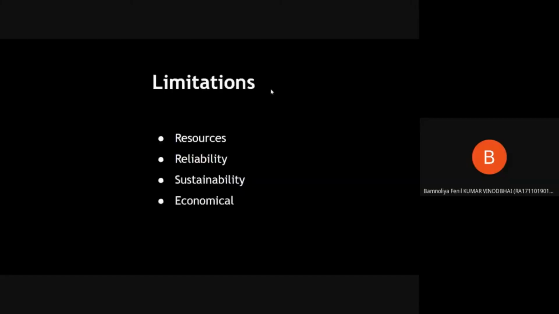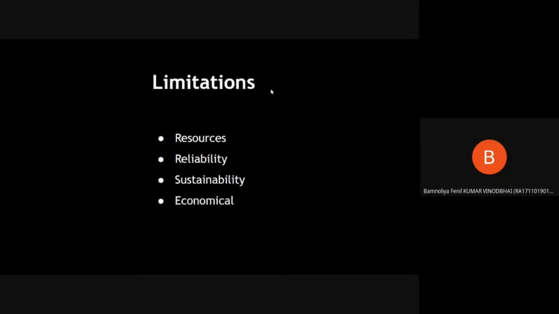Okay. So after the conceptual design, we have the limitations. What we need to mainly focus on is the availability of the material, manufacturing facilities available around you, and the budget limitations. These come under resources. How long and how well your product performs without damage comes under reliability.